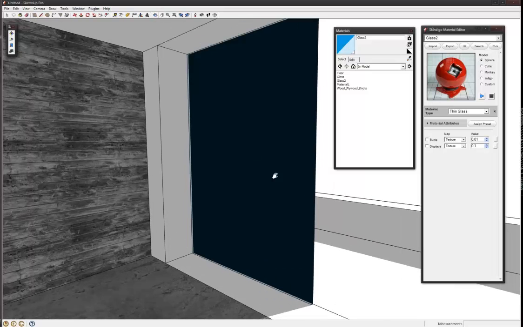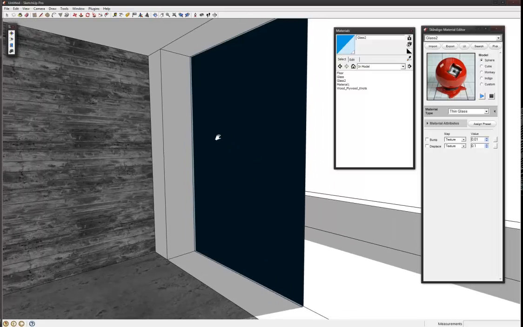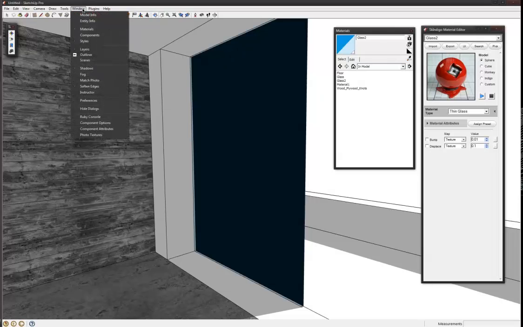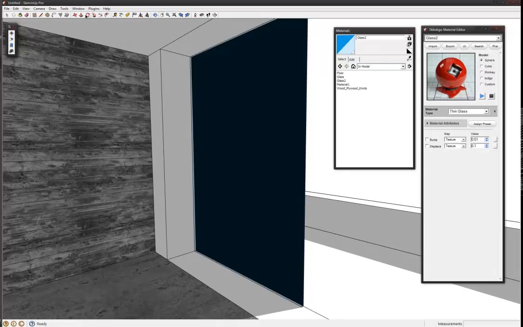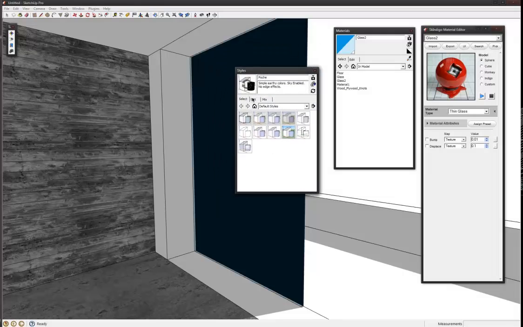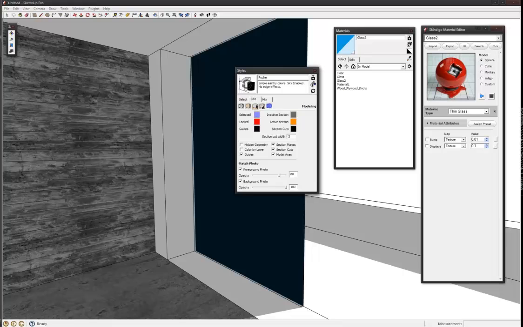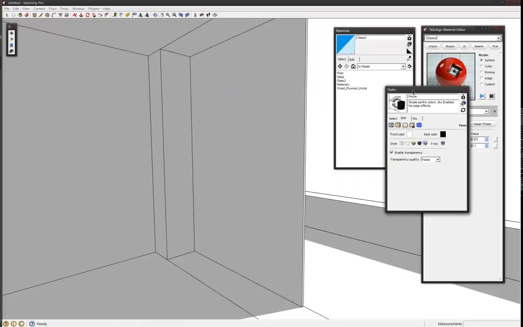You can check the back faces of your model by going window, and then styles, I think. Which brings up this guy. And then you can click on the edit tab, and then I think it's the second cube sort of icon. And then if you click on this one here, this sort of purple icon, and the last style, it says display shaded using all the same. So if you click on that, then